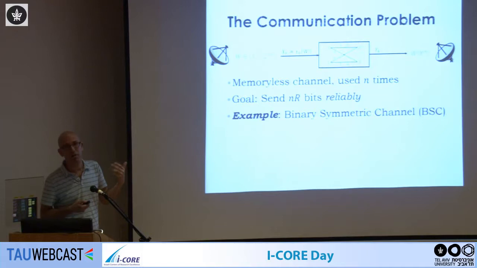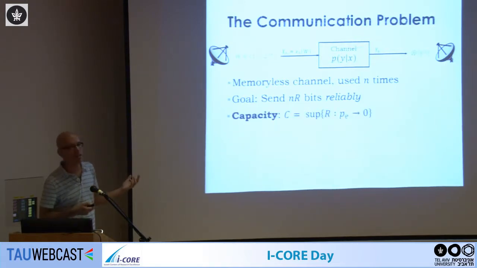If it helps, and it will be helpful in some cases as we continue, you can think of the simplest channel that one might consider, which is the binary symmetric channel. In this case, the input to the channel is a bit, the output is also a bit, and the output is a flipped version of the input with probability p, and retains the input value with probability 1 minus p. This is one example of a channel, but these channels could be general, with continuous input, continuous output, and so on.